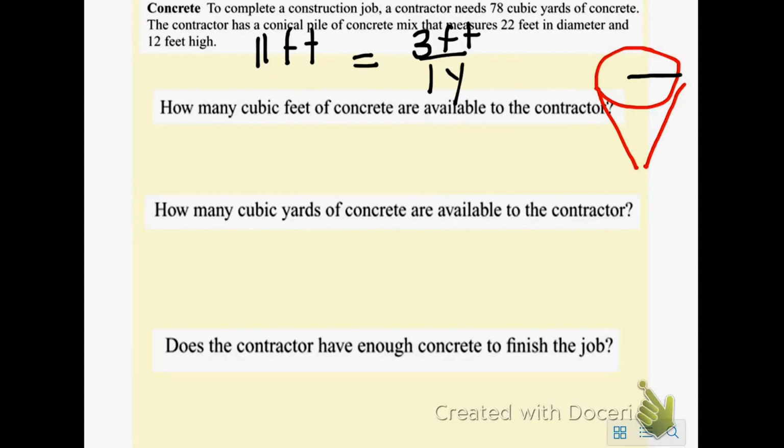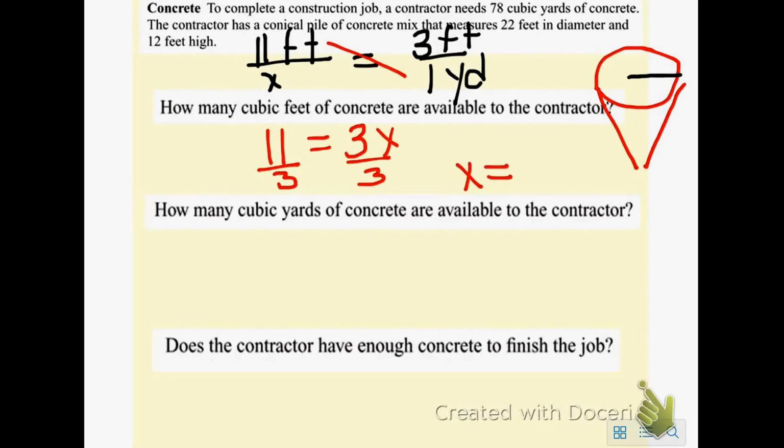So I'm going to use a ratio to find out how many yards 11 feet is. To work that out, I have to cross multiply. So 11 times 1 is 11 equals 3x. If I divide both sides by 3,